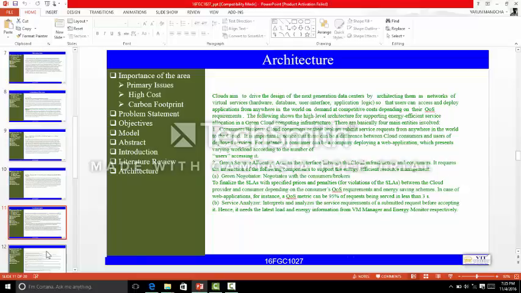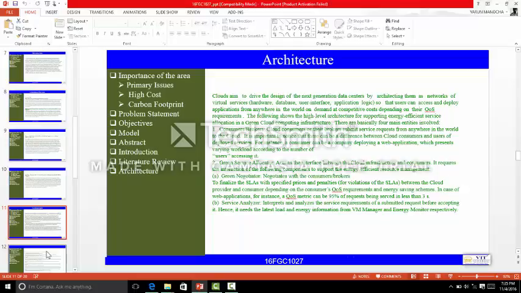Consumers, brokers. Cloud consumers or their brokers submit service requests from anywhere in the world to the cloud. Green Service Allocator acts as the interface between the cloud infrastructure and consumers. It requires the interaction of the following components to support energy-efficient resource management. Green Negotiator negotiates with the consumers and brokers.